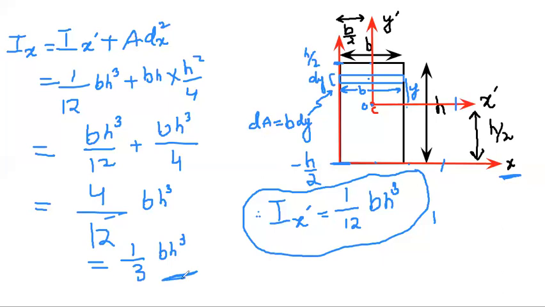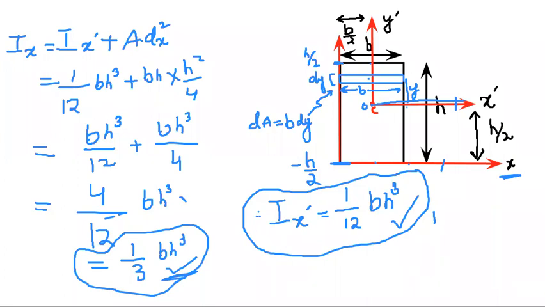So this is very important. This we have obtained by using the parallel axis theorem. So for a rectangle, the moment of inertia about the centroidal x-axis is equal to 1 by 12 bh cube, and the moment of inertia about an axis which is parallel to the centroidal x-axis and passing through one of its sides is equal to 1 by 3 bh cube. In the same way, we can